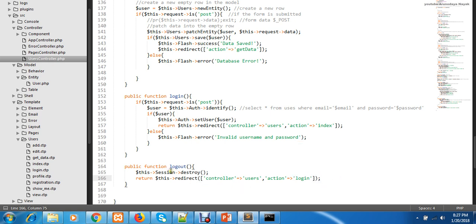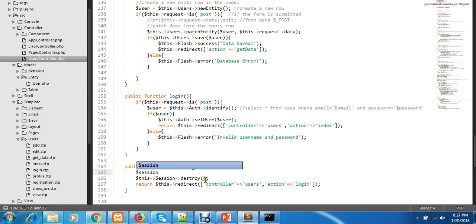So the session is destroyed, it is going to the login, but we are using this component. Basically the session is a component. So what you have to do is write like this, $session. I'm using the session, and in the next video also I'll try to cover this session part. If you log in, then I want to create some session variables. The Auth component by default creates some sessions, but how to create sessions I'll tell you in the next chapter. But here I'm just completing the video by